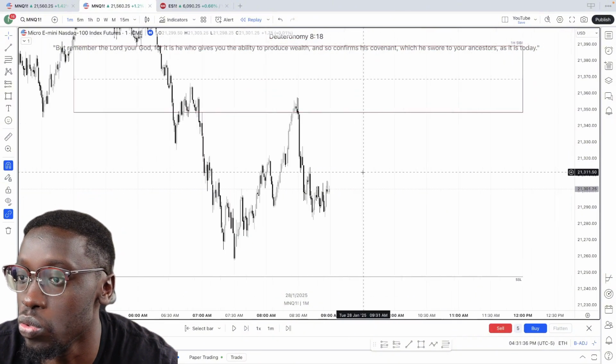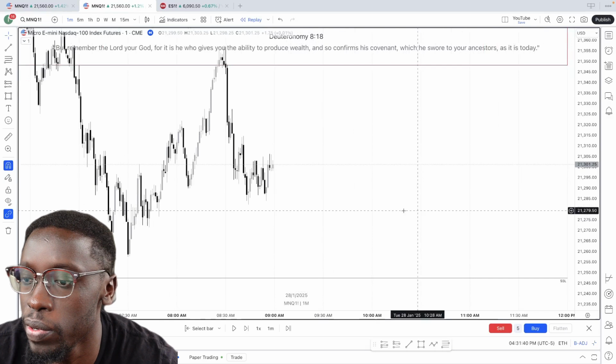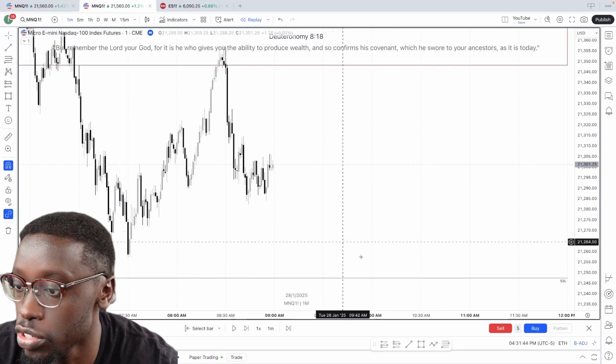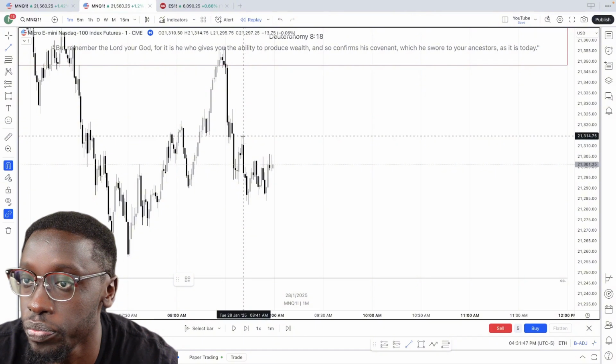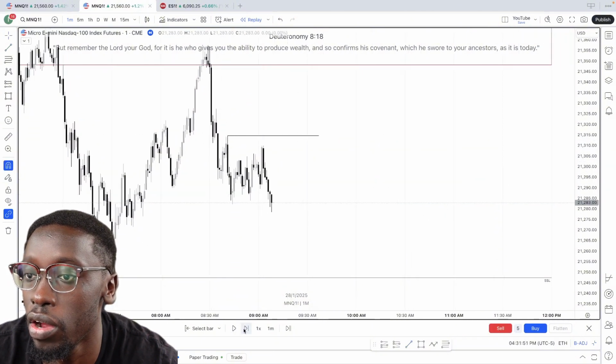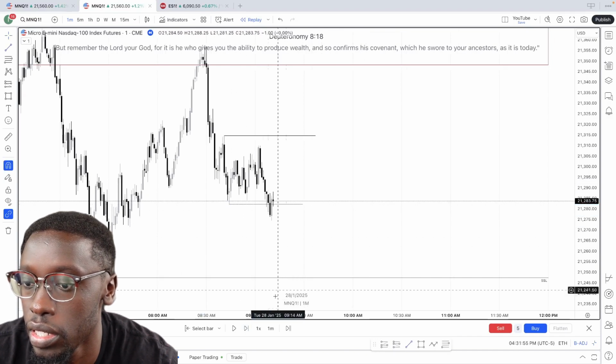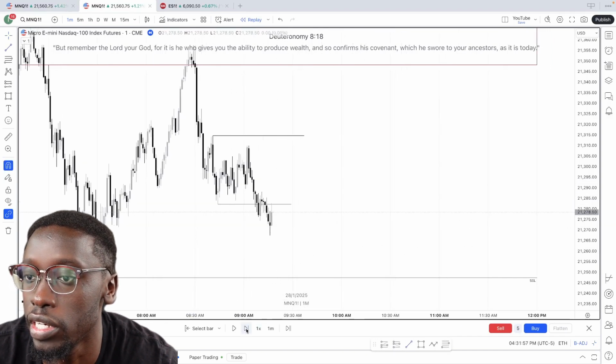So going into the 9 a.m. hour, we had formed some additional liquidity here. You can see we had this high here, right? This was internal liquidity that you want to be aware of. And then we also kind of just traded around, right? We took this internal liquidity here, traded lower,